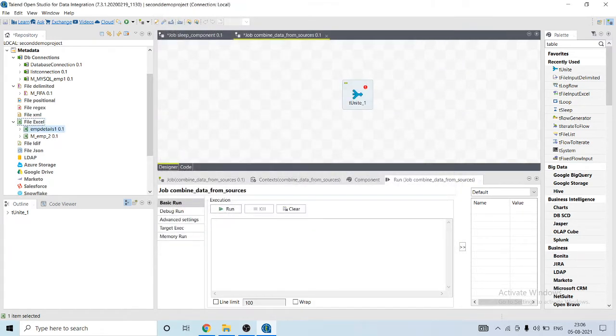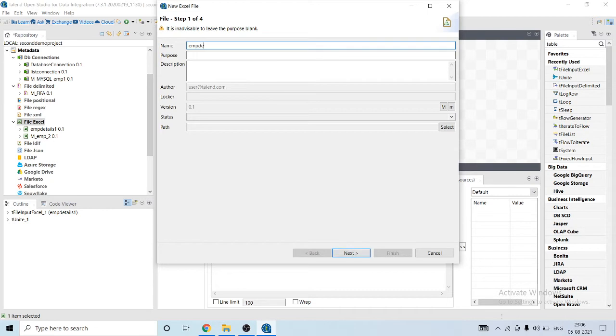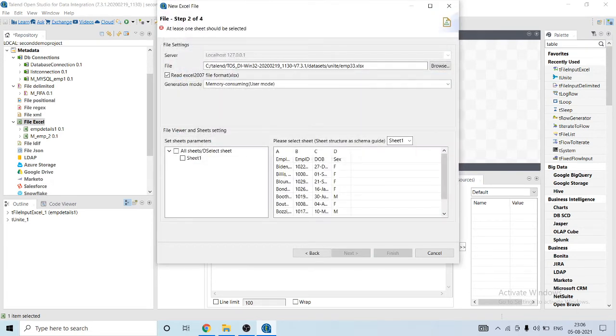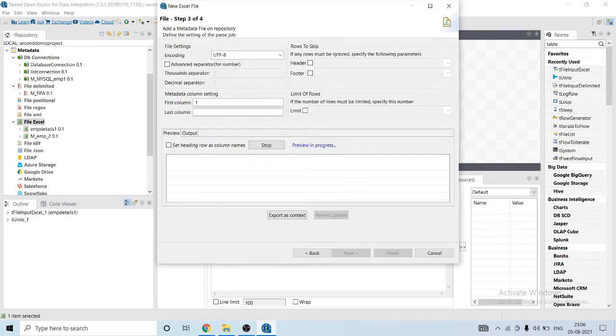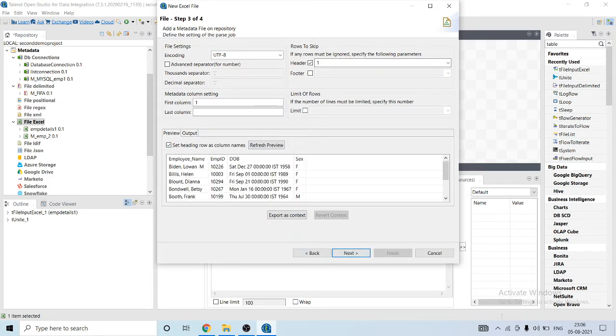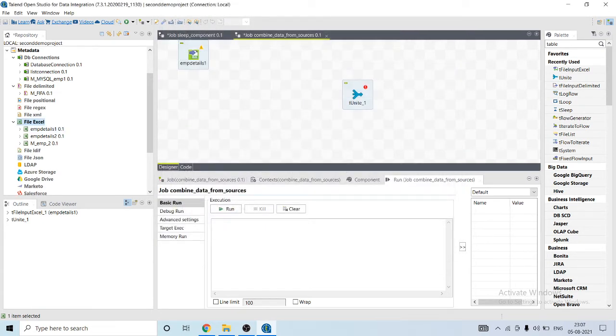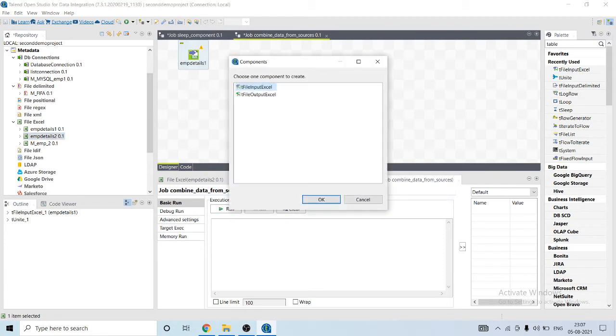Let's click on finish. Let's create the metadata for the second file. Now I've created metadata for two files.